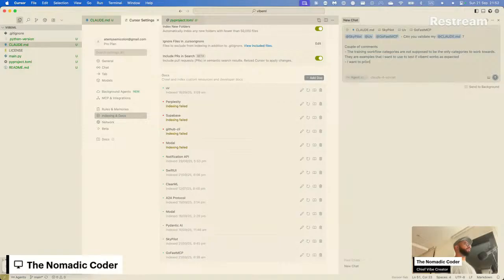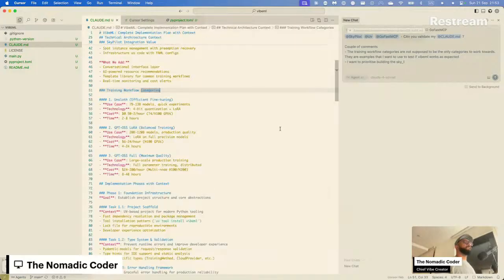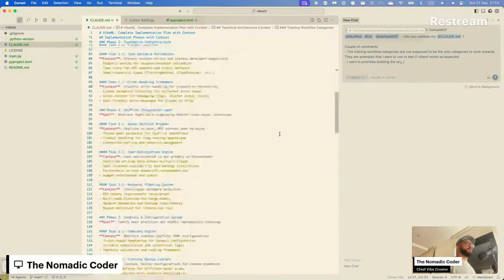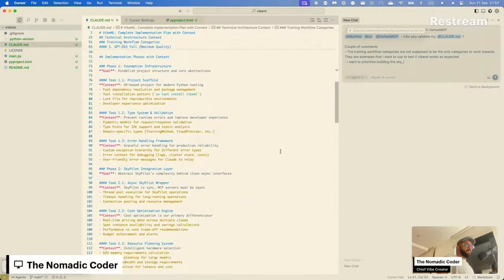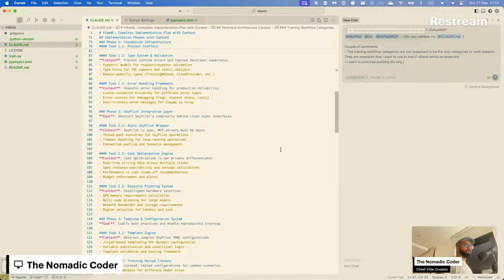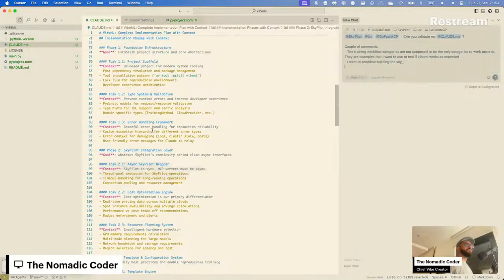I want to prioritize building the Sky... is it Sky launch? What am I calling it? I want to build the aspect of generating the YAML file and actually launching the job first.